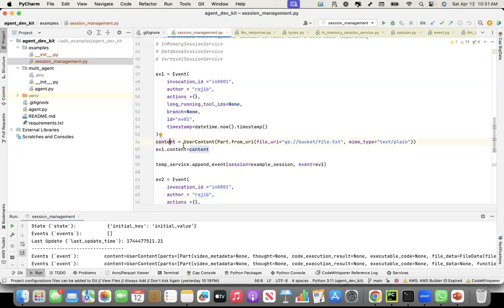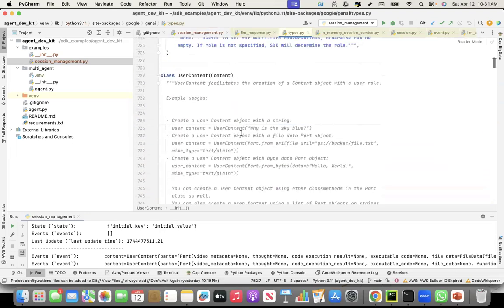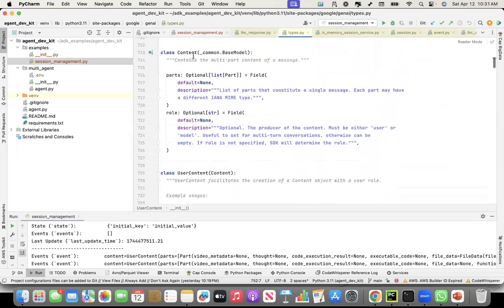So if you see, user content is one of the types of content. It inherits the content data structure. Within that, the content has a part and a role. Role is whether it's a human or the model created, right? But what is part? If I go to part,